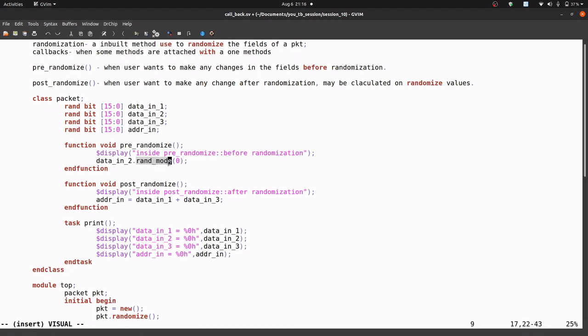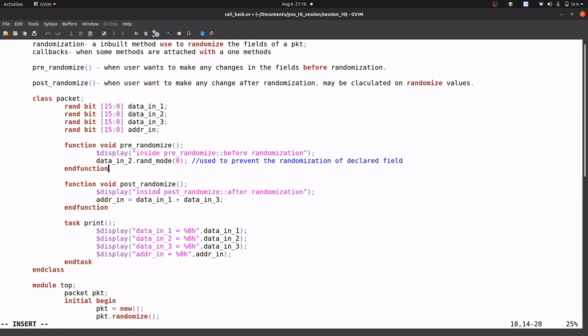It is an inbuilt method used to prevent randomization of the declared field. So we declared data_in_2 as rand, but with rand_mode 0 it will not randomize.